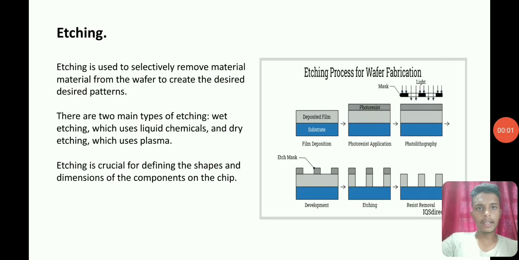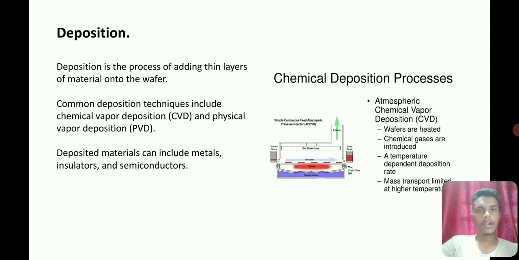And etching is used to selectively remove materials from the wafer to create the desired patterns. There are two types of etching: wet etching, which uses liquid chemicals, and dry etching, which uses plasma. Etching is crucial for defining the shapes and dimensions of the components on the chips. And the next,